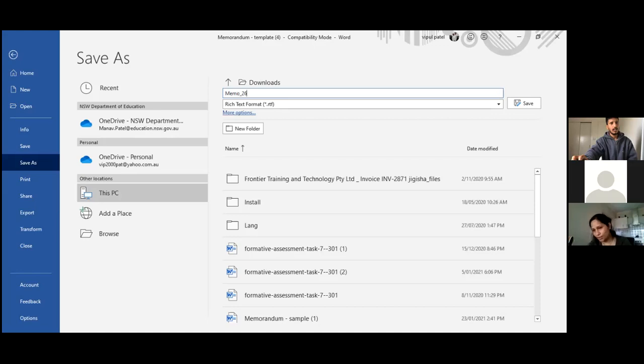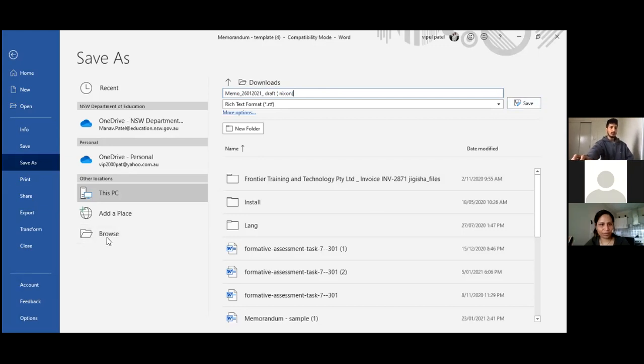Slash or no slash? Without slash is fine. So 26/01/2021. And that's it? Underscore draft. So this is a draft file. Can I just write your name in there because I have too many of them? Okay, that's all right. That's it? Yep, save it.